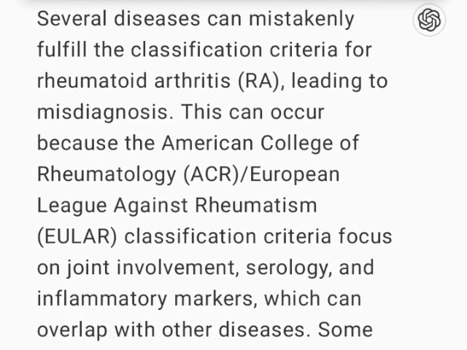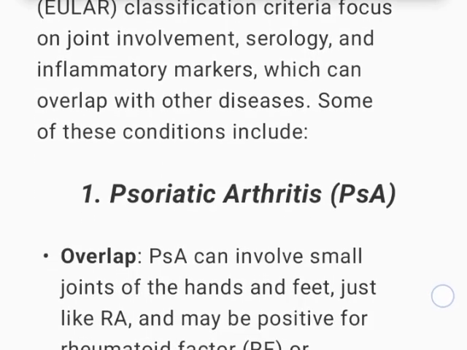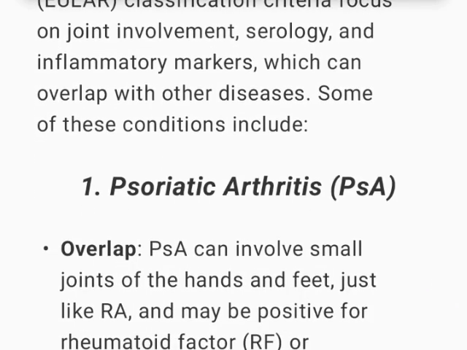Several diseases can mistakenly fulfill the classification criteria for rheumatoid arthritis, RA, leading to misdiagnosis. This can occur because the American College of Rheumatology, ACR, European League Against Rheumatism, EULAR, classification criteria focus on joint involvement, serology, and inflammatory markers, which can overlap with other diseases. Some of these conditions include: